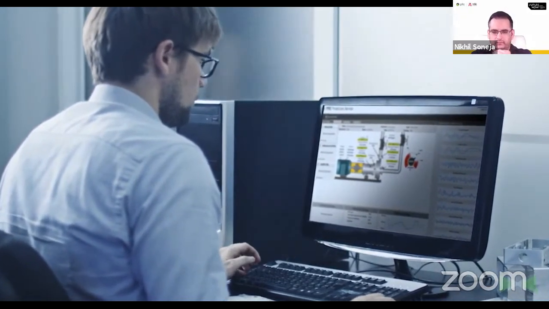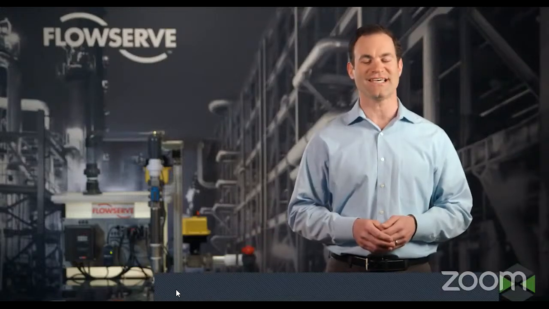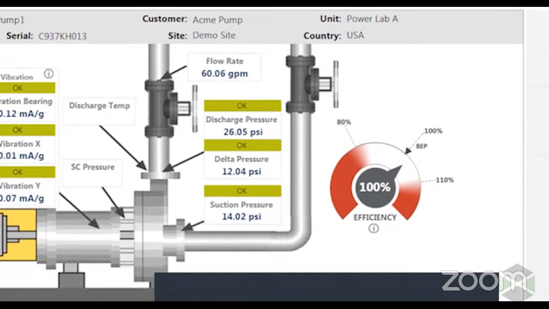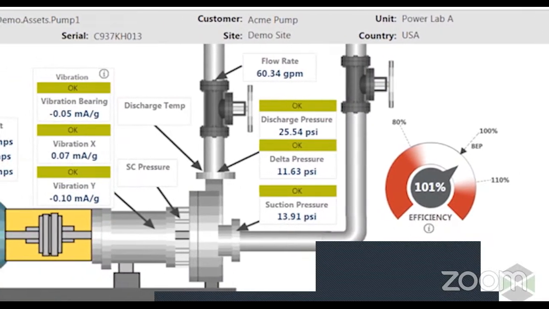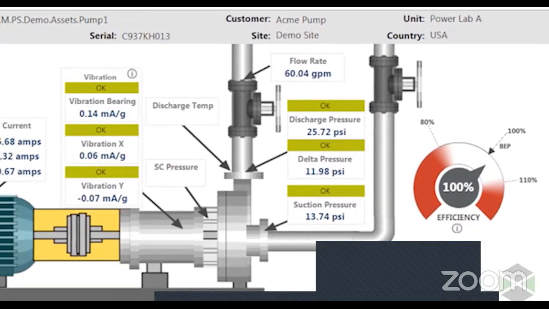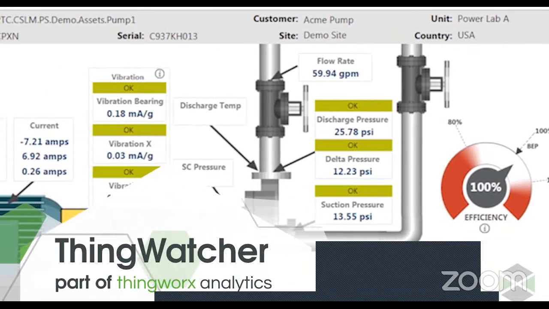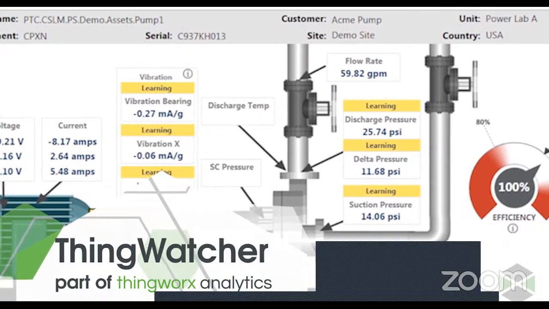ThingWorx machine learning allows you to know more, do more, and get more from a machine like this. What you're seeing at work here is the automated edge sensor analytics technology behind the platform called ThingWatcher, part of the ThingWorx Analytics capabilities.